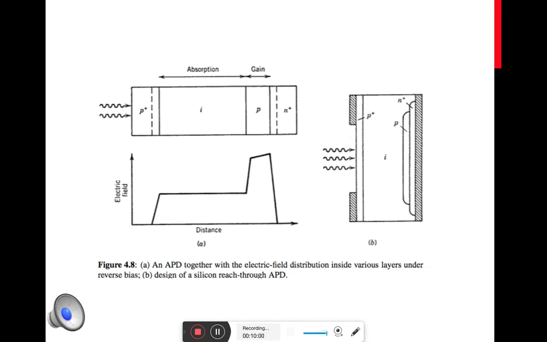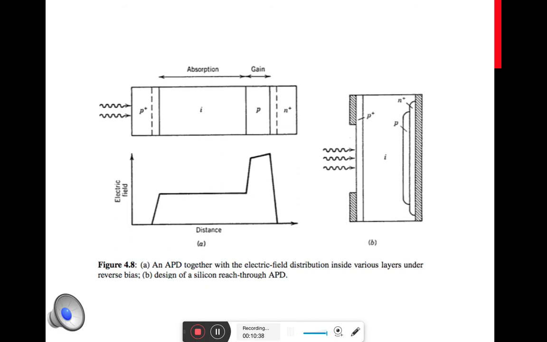In the P layer, new electrons and holes will be generated. Those are the secondary carriers. The initial carriers are generated in the intrinsic layer, and the secondary charge carriers, because of the collision, are generated in the P layer. That is why we bring in a P layer. Because of this P layer, there is a multiplication of carriers. Impact ionization takes place in the P layer. That is the reason why we bring a P layer into the avalanche photodiode,